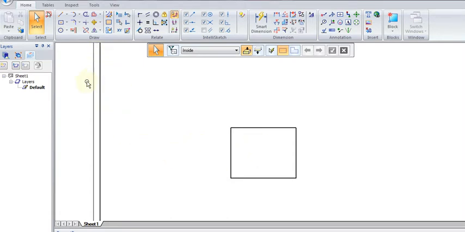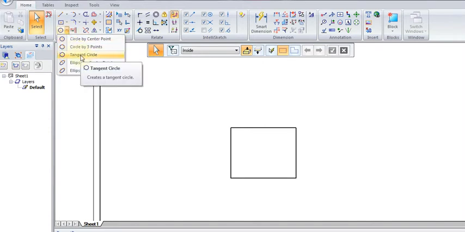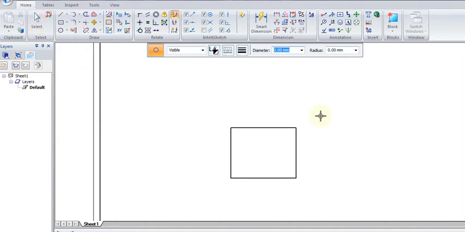Let's now create a circle to the right of that rectangle that is tangent to the right edge. So we'll select the tangent circle tool. Now a tangent circle will create a circle that is tangent to any edge. So what we do is we put our cursor along this right edge. Notice that